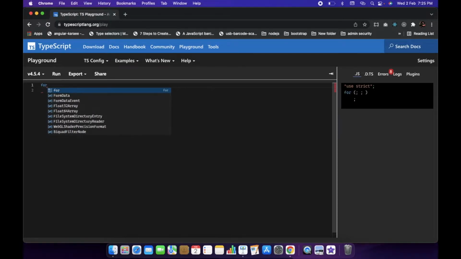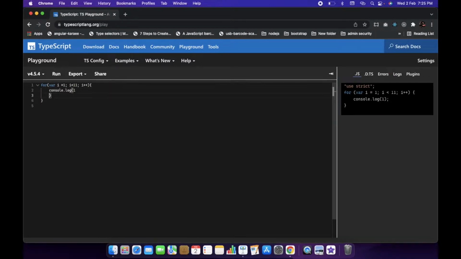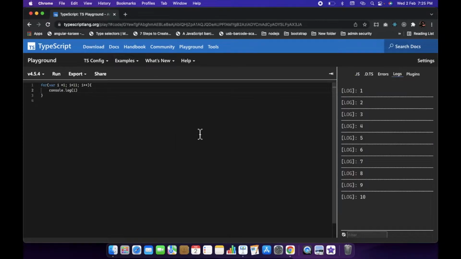Let's use it first, then I will explain how it works. So in this way, in just 2 lines of code, we can print from 1 to 10 without writing console.log